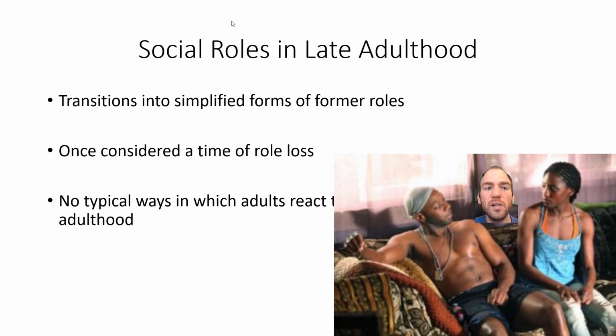Social roles in late adulthood transition into simplified forms of formal roles, once considered a time of role loss. However, there is no typical way in which adults react to role changes in late adulthood. So, straightforward here: similar roles, but maybe a simpler version. And as I stated in the first or second slide, it used to be conceptualized as just losing roles, but now it's more conceptualized as transforming roles or taking on different roles in older adulthood. And there is no universal way in which adults react to role changes